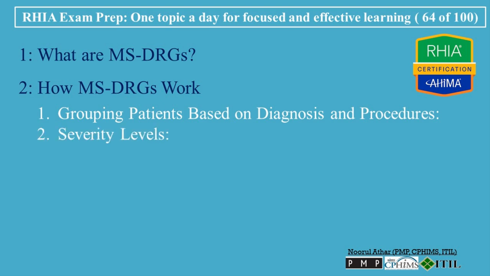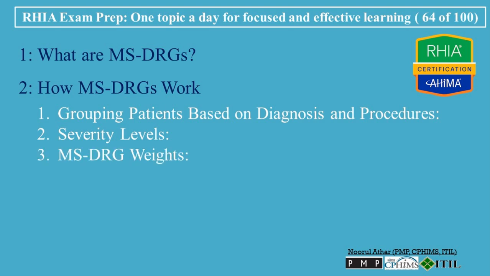2. Severity levels. One of the key features of MS-DRGs is that they account for the severity of the patient's condition. The system includes 3 levels of severity: without complications or comorbidities, non-CC, with complications or comorbidities, CC, and with major complications or comorbidities, MCC. The higher the severity level, the higher the payment to the hospital, since more complex cases require more resources to